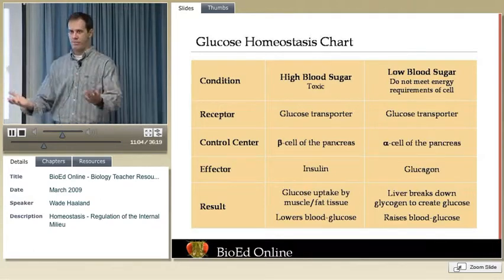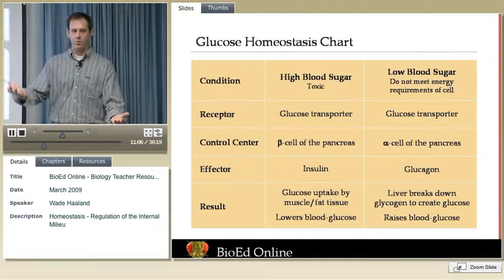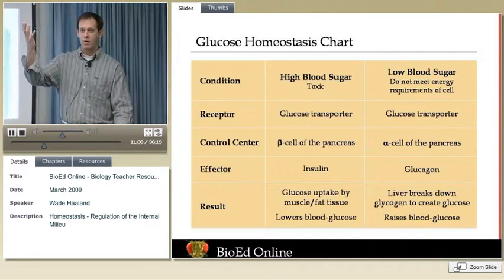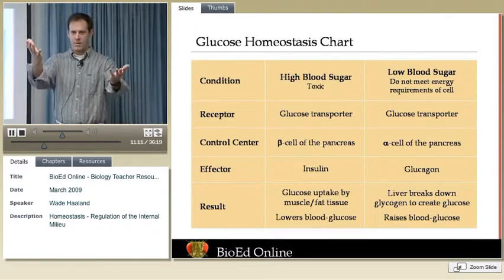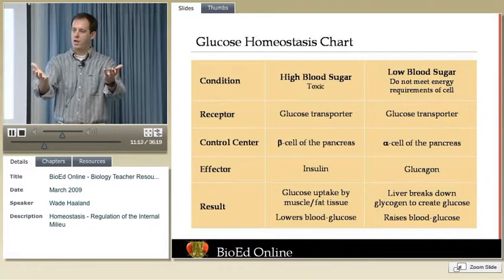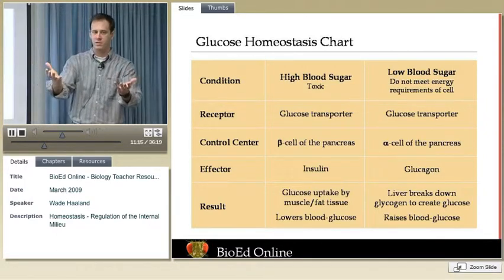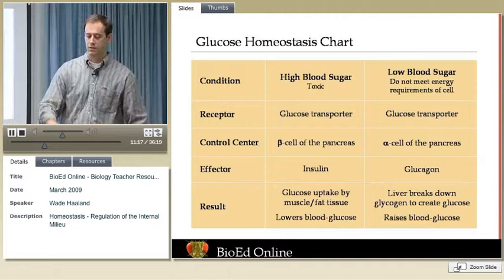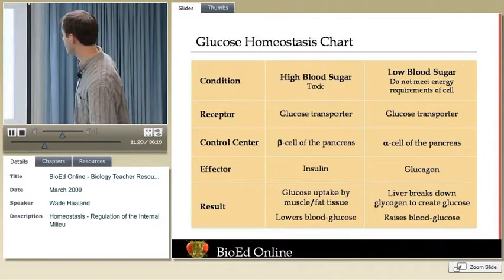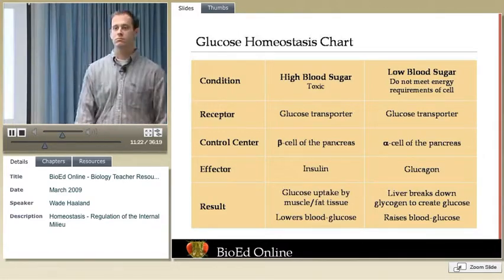But as you see, we have a system where we can lower blood glucose, and we have a system where we can raise blood glucose. And these systems are on at all times. And so actually what ends up happening is we have very little internal change in our blood glucose because these systems are constantly interacting. So when we exercise, what happens?